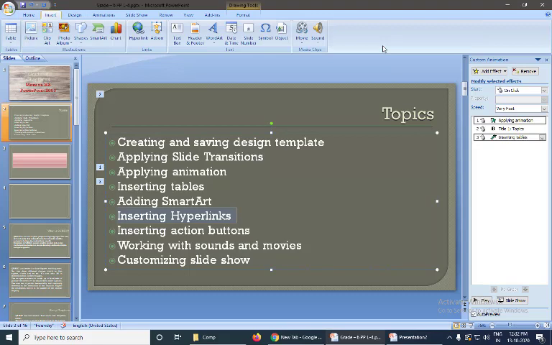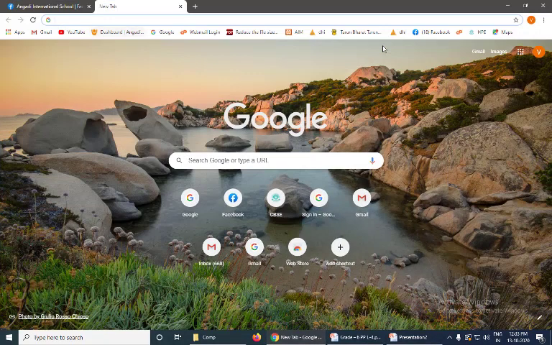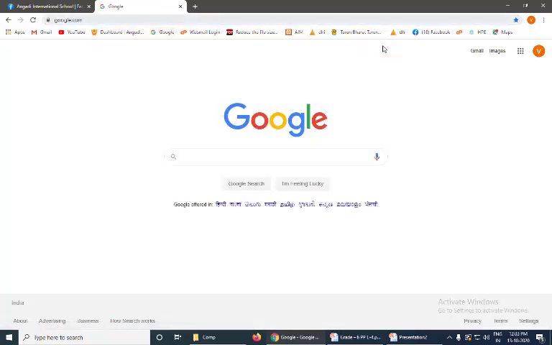So click on insert, then in the link section here you have the hyperlink. Click on hyperlink and existing, add the address. So you need to add the address. So what I'll do is, for example, I'll take it from online. Google.com.